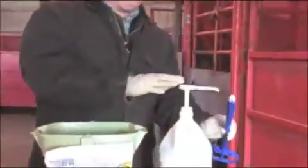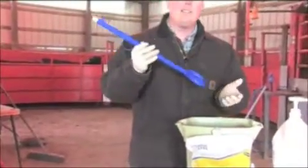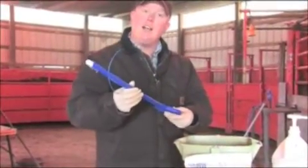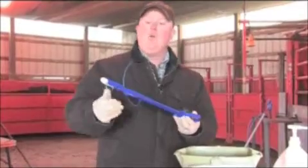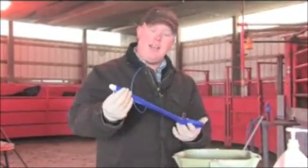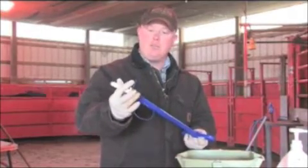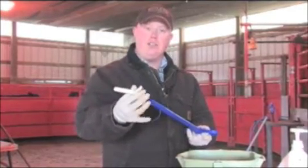Next, before inserting the CIDR into the cow, add ample lubrication to the CIDR and the CIDR gun. The way the CIDR works and stays in the cow is you insert the CIDR into the vagina at a slight upward angle. Once the CIDR is in place, depress the handle of the CIDR applicator, thus allowing the wings of the CIDR to expand, holding the CIDR in the vagina. Then remove the applicator, and the CIDR will stay in the vagina